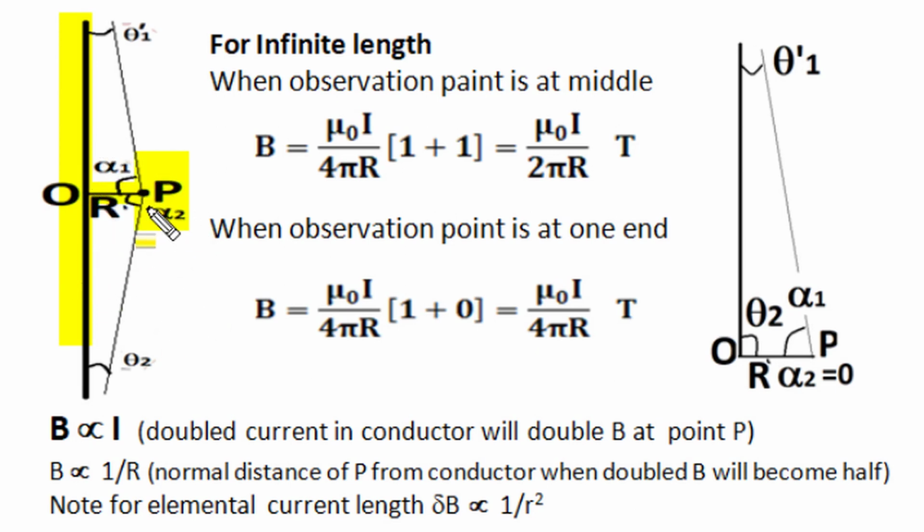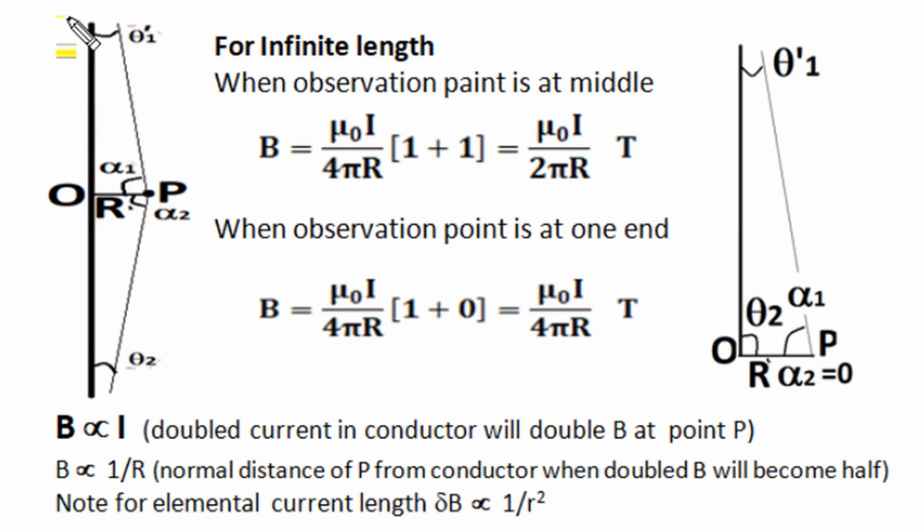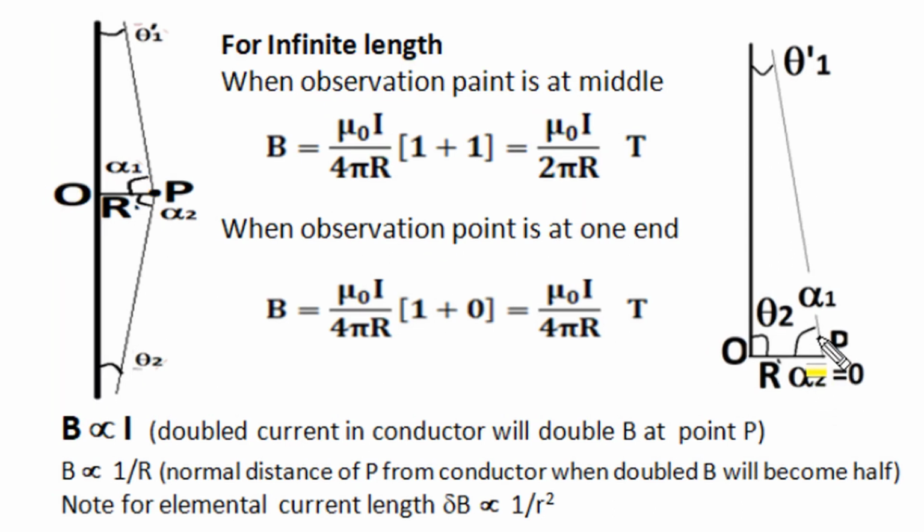One typical example is our overhead transmission line conductors, which can be treated as infinite conductors if test positions are 1 or 2 meters away from these conductors. So for infinite current carrying length, when the observation position is at the middle position, the magnetic field becomes mu 0 I upon 2 pi r, and when the observation position is at one end of an infinite length current carrying conductor, then the magnetic field at this endpoint position becomes mu 0 I upon 4 pi r Tesla, which is just half of